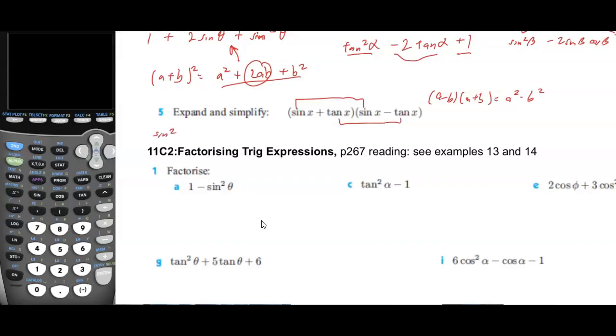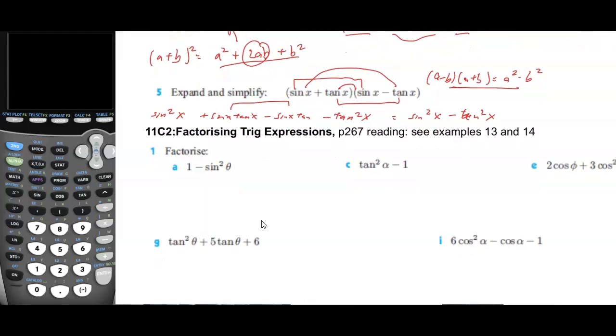So sine squared x is the first term. The last term is tangent squared x with a negative sign, right? Now if I multiply these two together, it would be sine tan. If I multiply these two together, it would be negative sine tan. I would have sine tan, and I would have negative sine tan. And now you can see that these two would cancel each other out, and you're left with just sine squared x minus tangent squared x, which is a famous identity, this identity here. Okay,